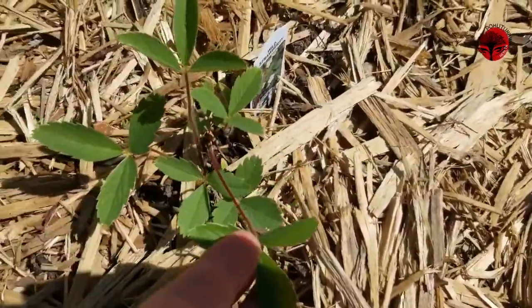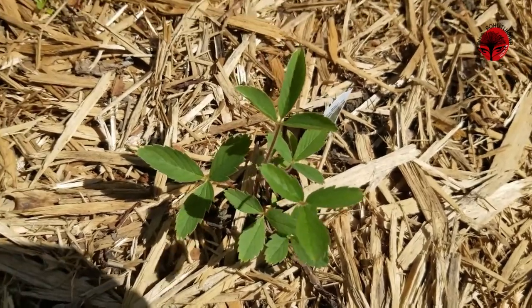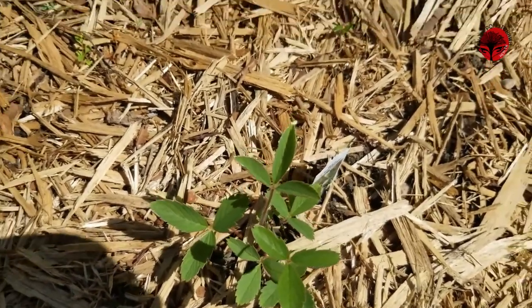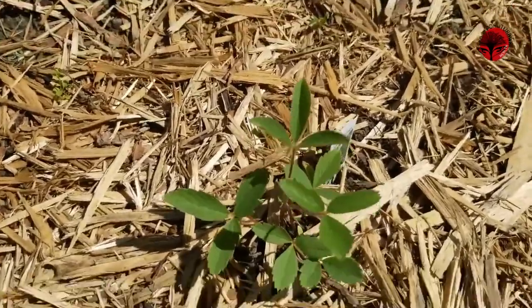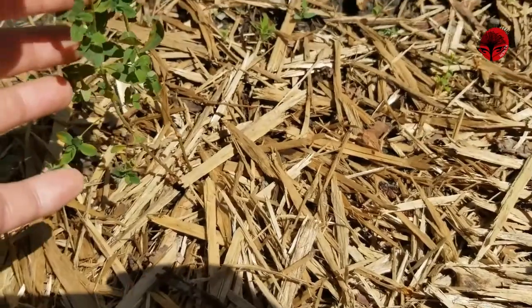These are wild strawberries. Not necessarily something I would use medicinally, but just kind of looking for some ground cover and things that will kind of flesh out, and hopefully we'll get some berries on them one point soon. This is looking a little bit